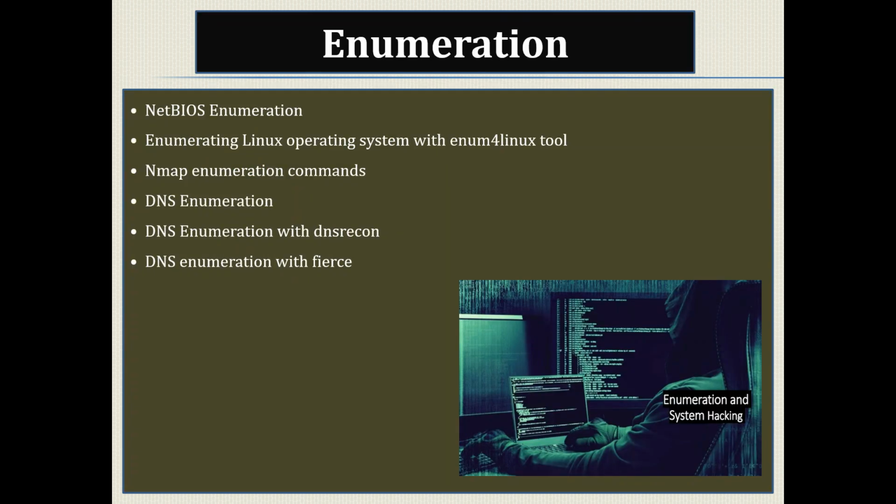Next, the enumeration part. Enumeration is nothing but active scanning. You know the port number, the IP address, and the service, but you need to understand what users are there, what the user names and passwords are, what the sharing folders are, and what the sharing paths are. These are all things we are going to perform in the enumeration part.